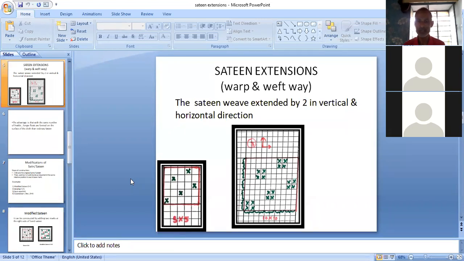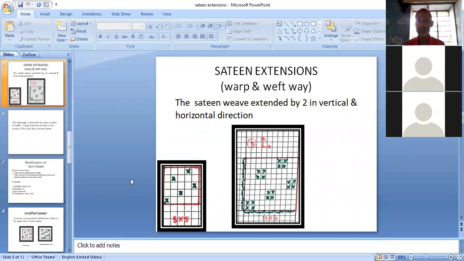For example, if on 5 cross 5, or on the basis of 5 and 13, you are taking an extension of 3, then this will be indicated in 15 cross 15. If you are taking 7 and 13 with the extension of 2, then it will be constructed in 14 cross 14 if both side extension is there. If only warp-wise extension is there, then it will be indicated in 7 by 14. If weft-wise, then it is 14 by 7.